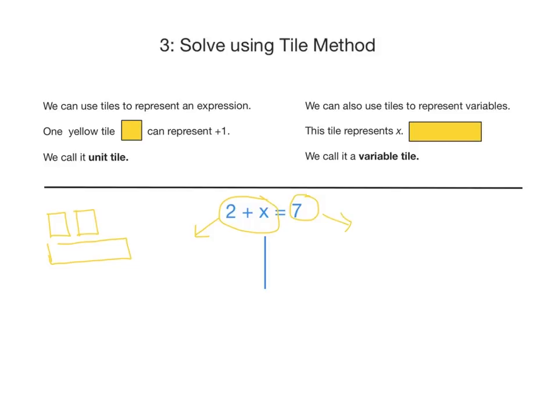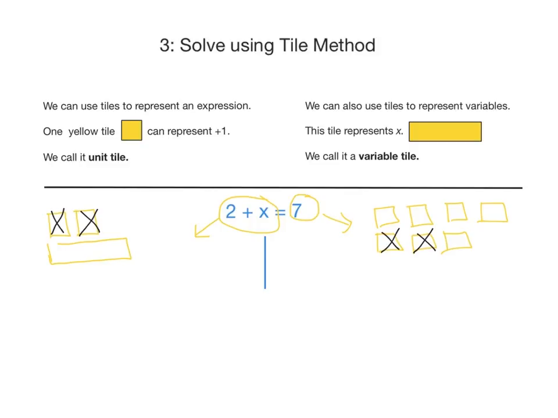Now, on the right side over here, we need to put tiles to represent our 7. So, how can we represent our 7? Well, we will put 7 tiles. So, 1, 2, 3, 4, 5, 6, 7. Now what we want to do is have this x tile on its own. This is called isolating the variable. Now, what we do to one side, we must do to the other. So in order to isolate this x variable over here, we must remove 2 tiles from each side of the